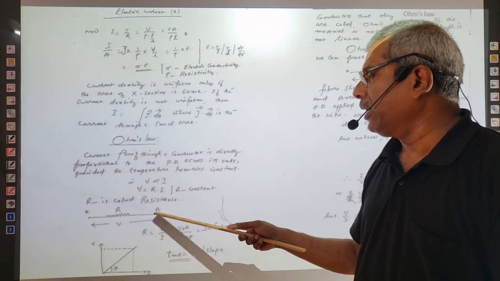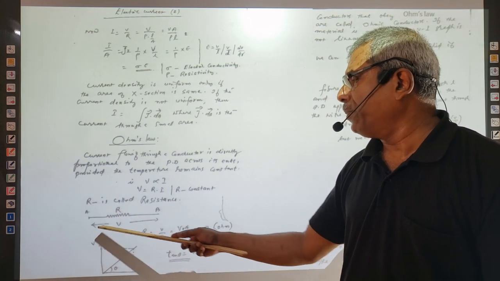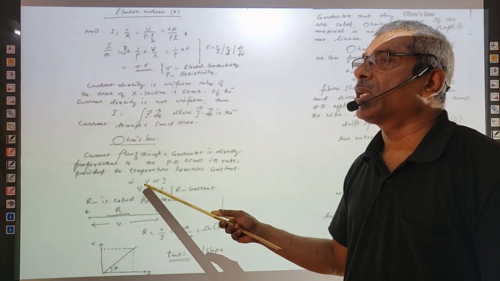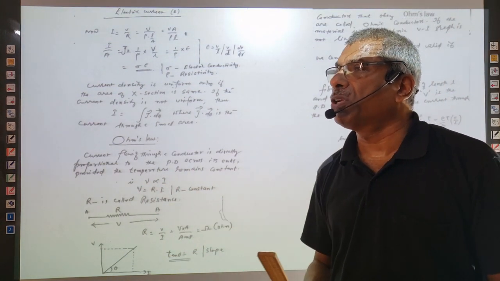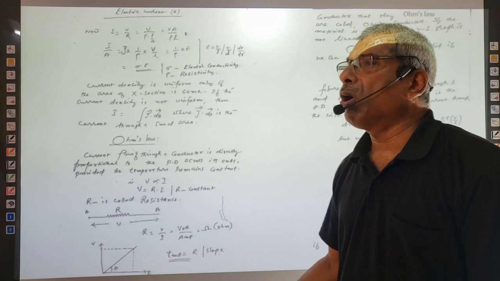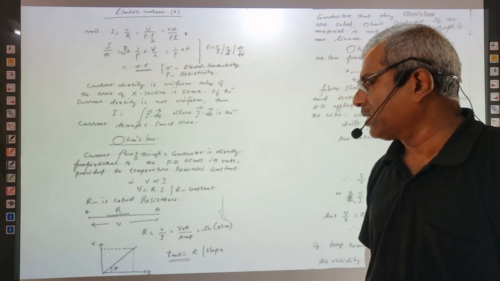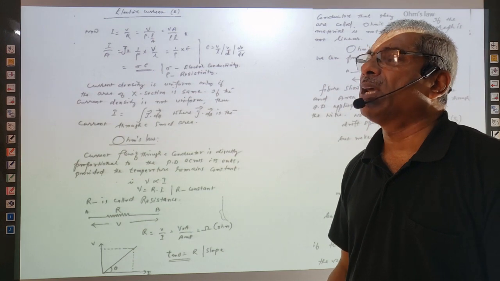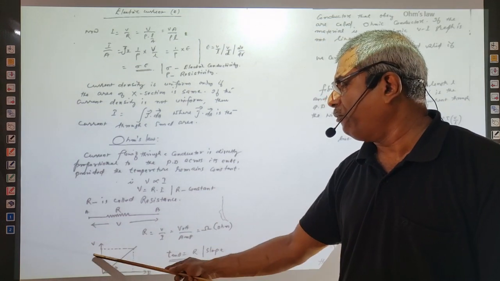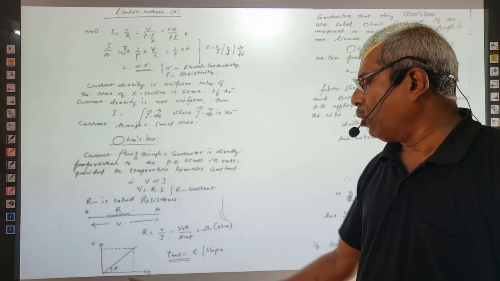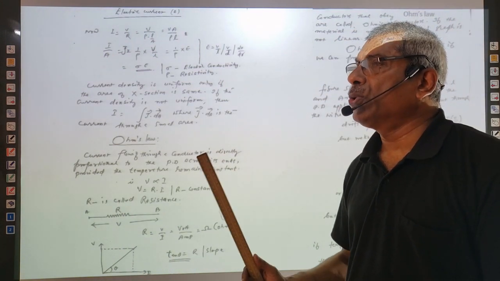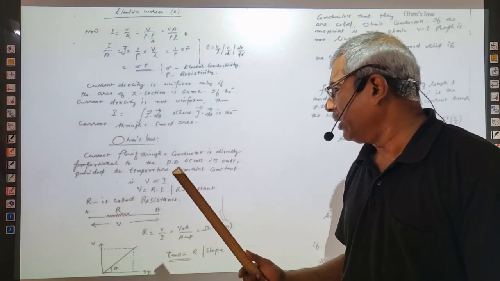This figure shows a conductor AB having resistance R and a potential difference V supplied, current flows through it, and we can see that V is directly proportional to I. Whenever we increase the potential difference, the current through the conductor increases. Hence, if we draw a graph with I along the x-axis and V along the y-axis, the graph will be linear, telling you that I is directly proportional to V. Also very important, the slope of the VI graph, the Ohm's law graph, is always equal to tan theta, which is equal to R, the resistance of the conductor.